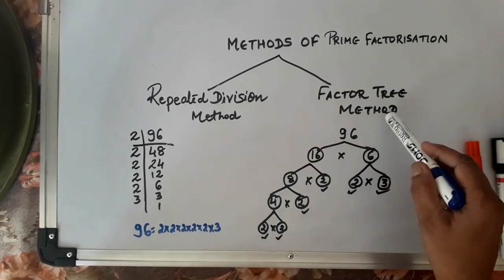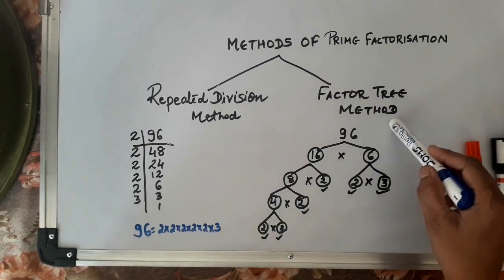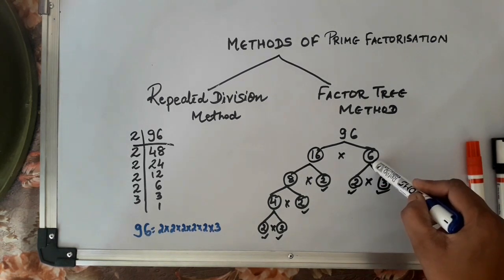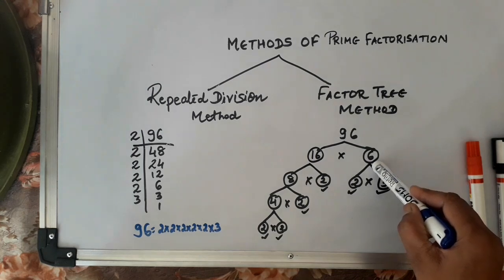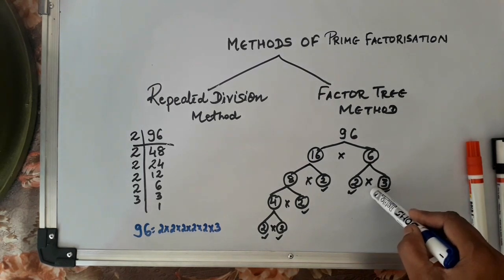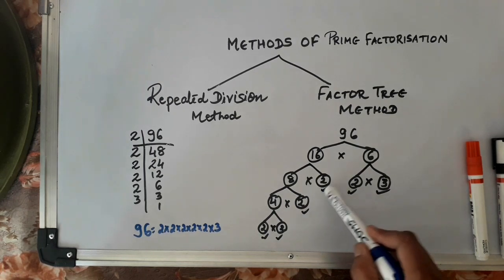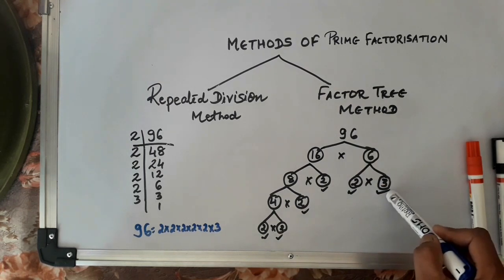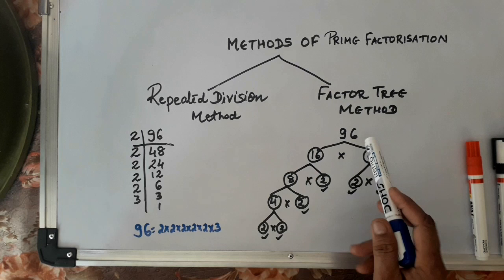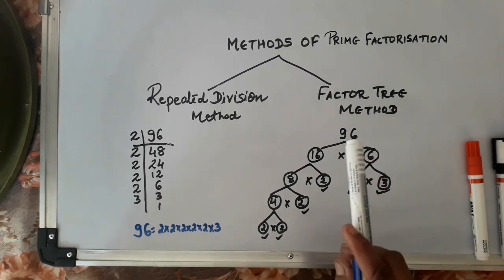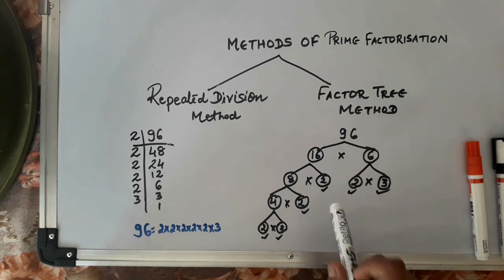Whereas a factor tree is a special diagram where we go on finding the factors of a number until we can't factor anymore. That is, the ends are all the prime factors of the original number. Whatever the method we follow, we always get the unique factorization of a number.